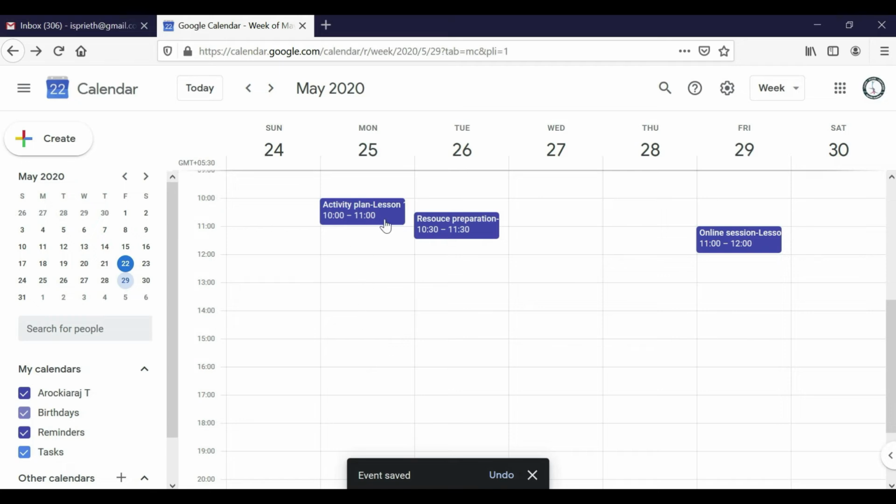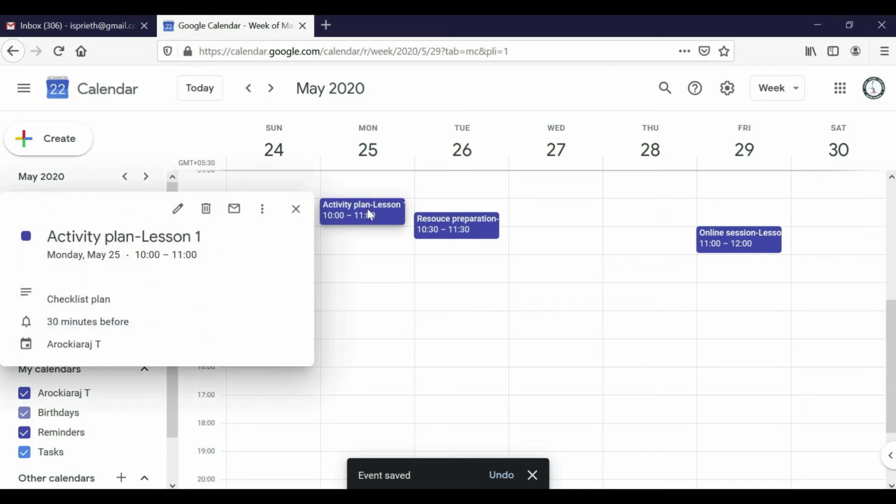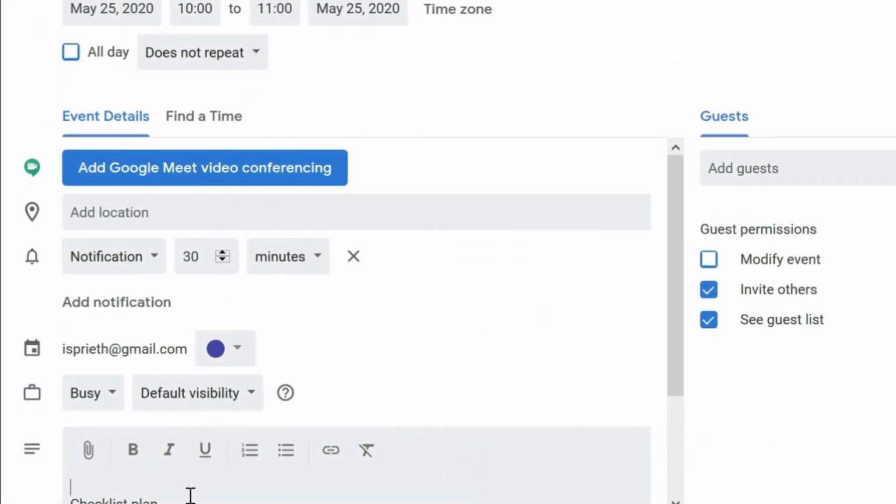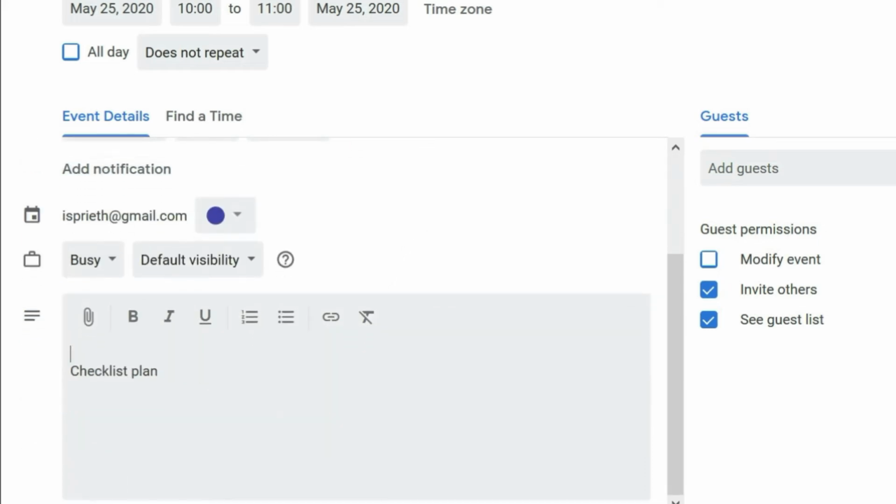Okay, now I forgot one thing here. Alright, I like to edit this. Here checklist plan, I prepare the checklist. At the same time I like to send a notification to the parents and the students regarding this online session, so that the students also will be ready on that particular day.